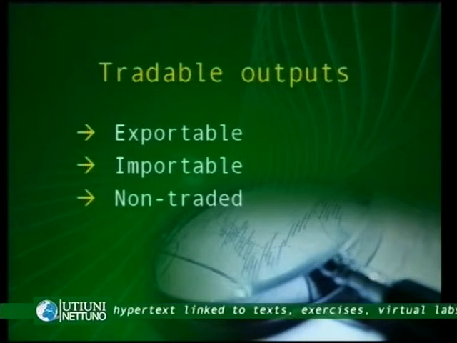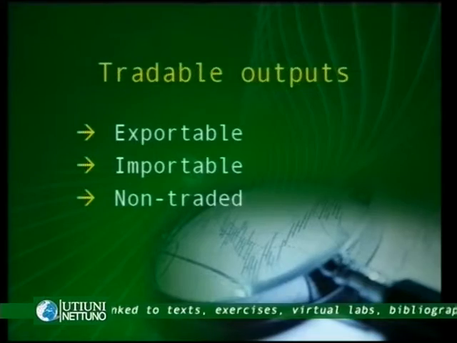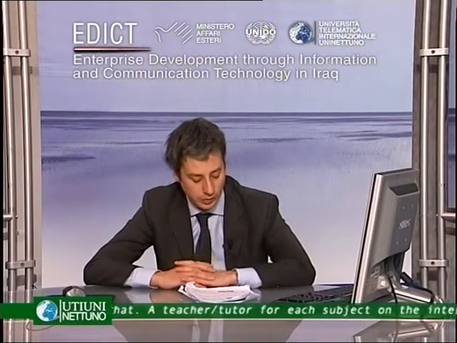So let's now consider the situation of importable outputs. So what are importable outputs? Importable outputs are products that at the moment are produced locally, but that could be imported at different prices. The only reason why they're not imported is because there is a constraint set by the government on the import of this specific good. And here again we have the problem of choosing between the border price and the current market price,